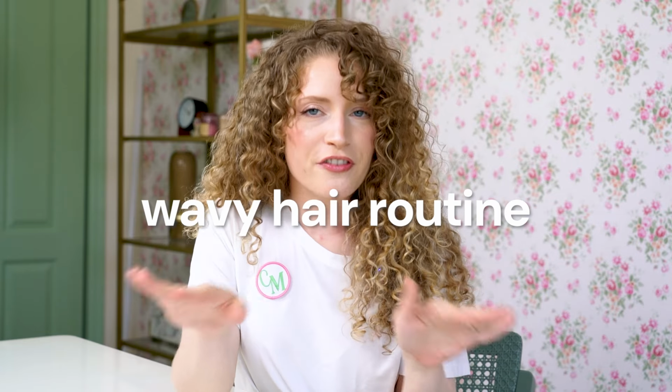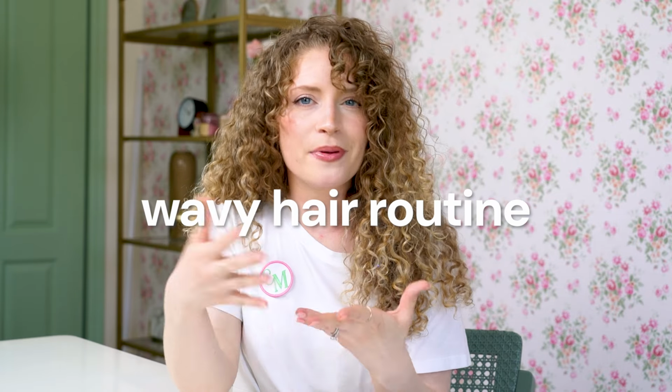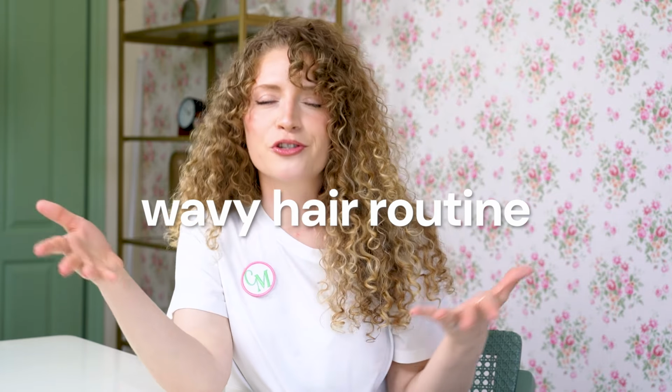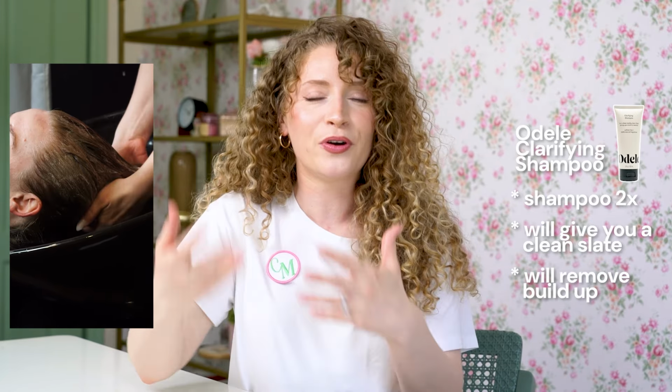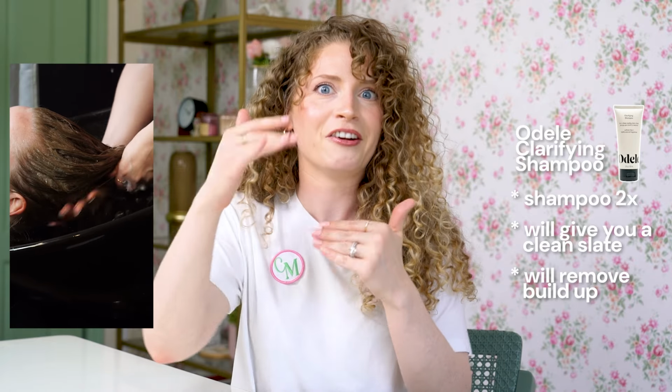So here's your start to finish routine. Of course, it's not one size fits all, but this is a routine that would probably work for most people with wavy hair. In the shower, you're going to use the Odell Clarifying Shampoo. Shampoo twice. This is going to give you a completely clean slate and remove any buildup from your curls. So when you put your styling products on, you're putting it on your actual hair, not layering on top of